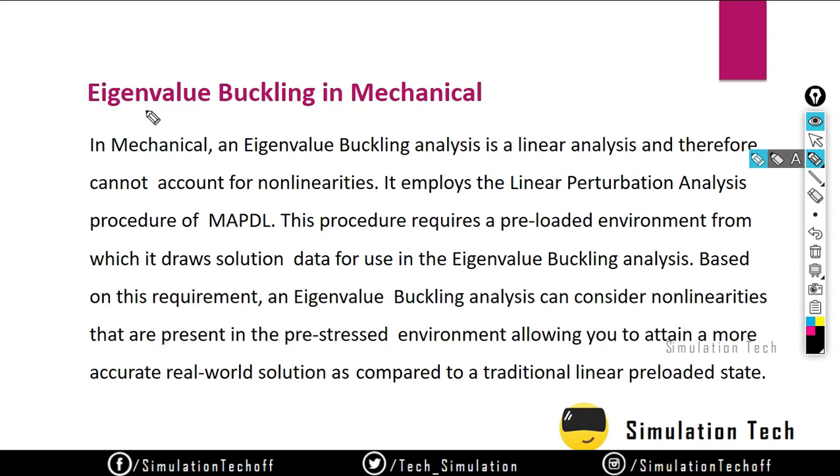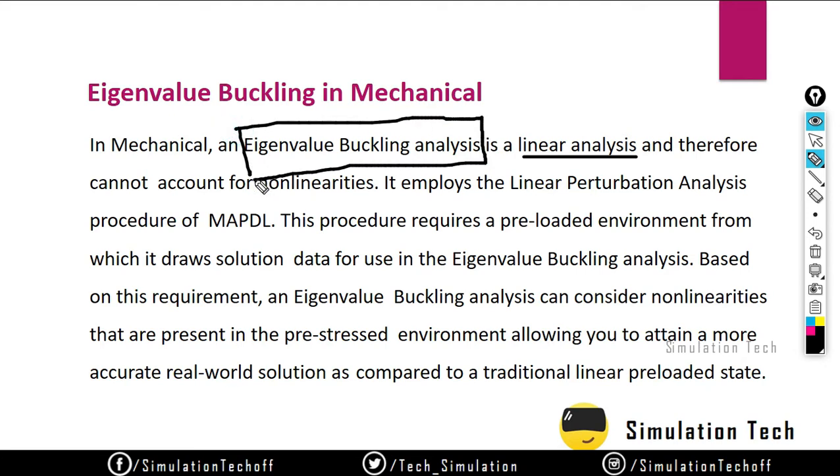When we come to ANSYS Workbench in mechanical, especially in ANSYS, the eigenvalue buckling analysis is a linear analysis. So note that it's a linear analysis. Like I said before, you can't change that value or assign anything in that buckling analysis environment, like whether it's a linear problem or non-linear problem. However, you can include non-linearities in the pre-processing environment or pre-stress environment, that is static or transient one. So we discussed that in the past slide, right? Therefore it cannot be accounted for non-linearities.